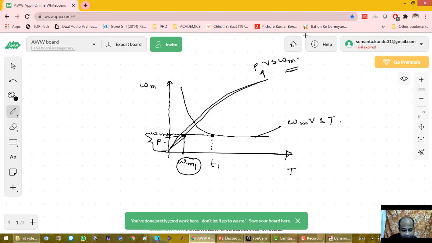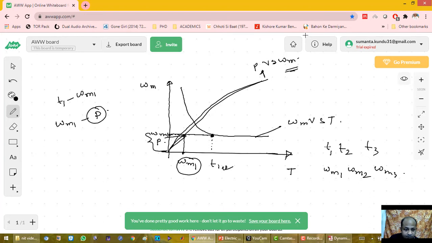Okay, so for a particular t1 we will get the value of speed, and for that particular speed we will get the value of p, and for different values of time, that is t1, t2, t3, we will get similar values omega m1, omega m2, omega m3, and so on, and corresponding values of p1, p2, p3, and again we will plot that curve. So if we plot that curve, it will be again a similar rectangular hyperbola like